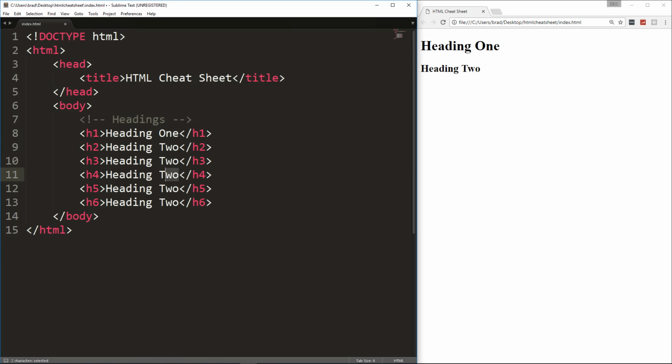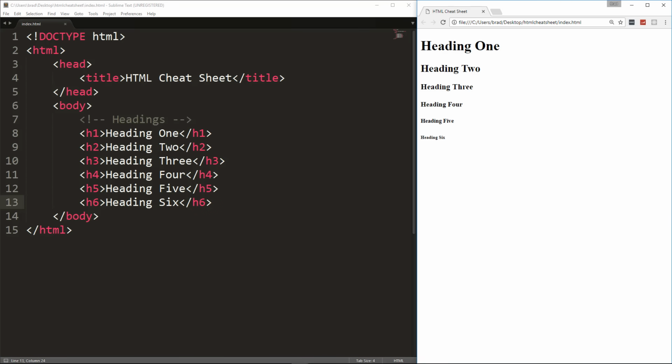And then I'm just going to change these as well. Now I want you guys to have this to look back on if you need it. Whoops, 2, 3, 4, 5, and 6. Alright, so let's go ahead and save and reload the browser, and you'll see the different sizes